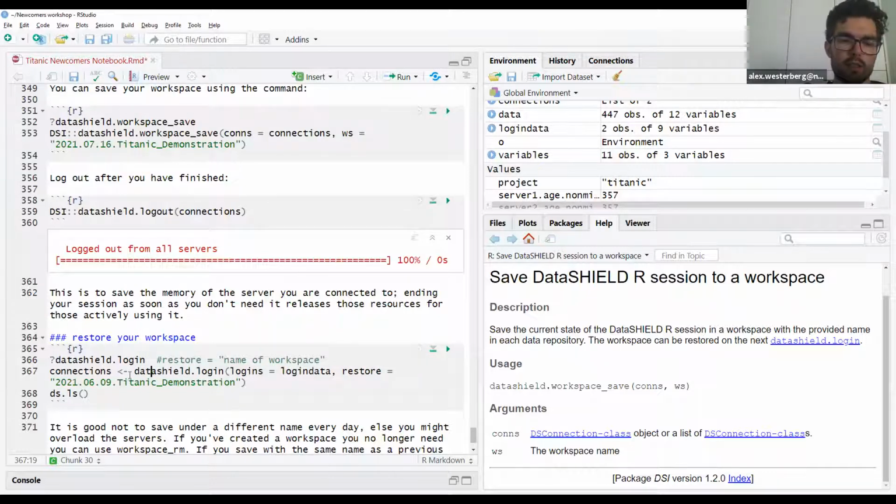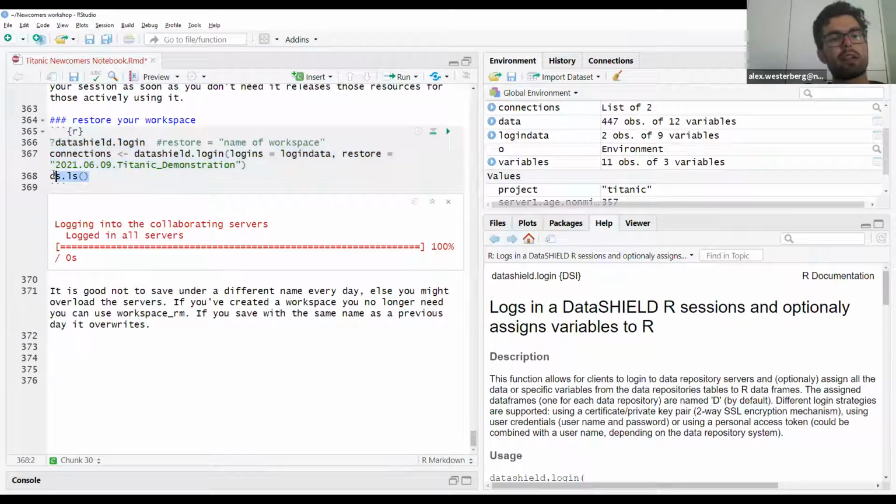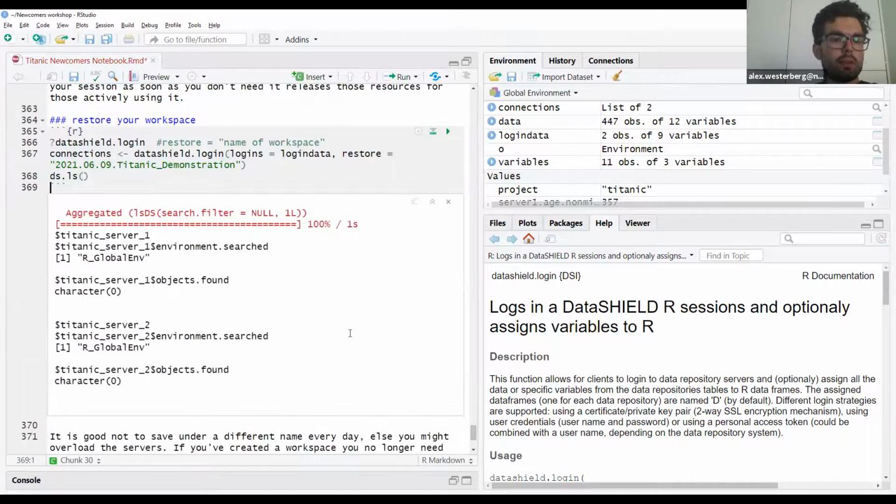But instead of doing datashield.login as before, we'll use the restore argument, and we'll quote the name that we created just above. So if we run those two, and then we run ds.ls, ls lists all the objects on the server side, and we will see that they're